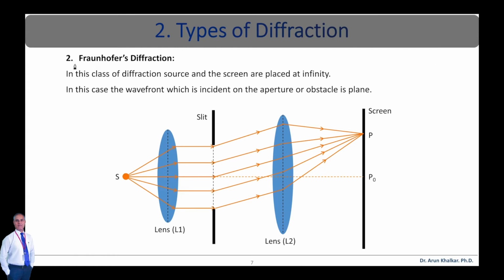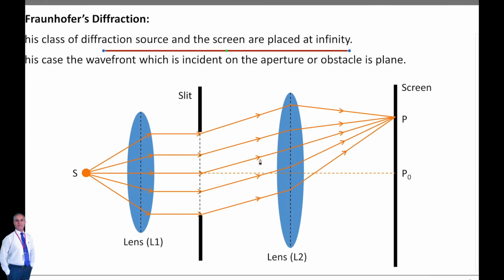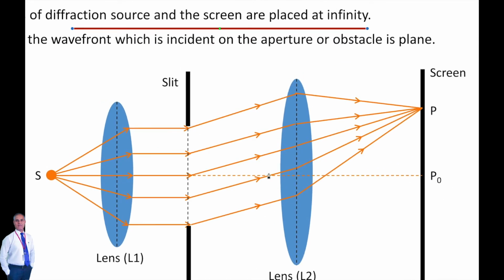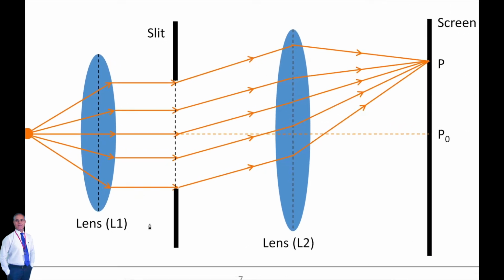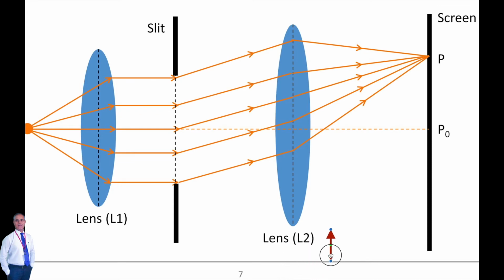The next type of diffraction is Fraunhofer diffraction. In this diffraction, the source of light and the screen are placed at infinite distance. So in this case, as you can see in this diagram, if we want light incident on the surface of the slit, we need a special arrangement of lenses. Lens L1 is placed between the source of light S and the slit. Whereas to get the diffraction pattern on the screen, we need one more lens placed between the slit and the screen, as shown in the figure.